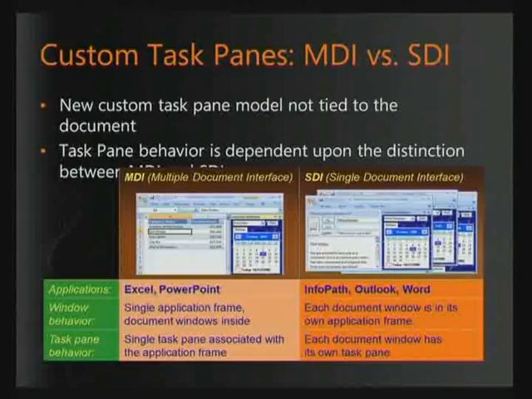Every time you open up a new email, that is a new parent window. And that new parent window would have to have its own task pane created for it. Each new Word document is its own parent window. And if you want to create a task pane, one of the parameters to creating a new custom task pane is the parent window. So we have some sample code that ships with Visual Studio 2008 that shows you how to control the lifespan of your